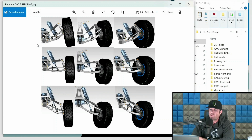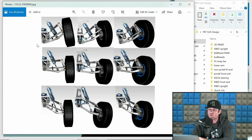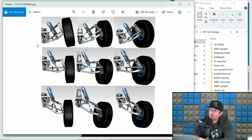So when you talk about bump travel or bump zone, that's really only a few inches of the top side area of compression travel. When you're talking about from ride height to fully compressed, that's compression travel. The section of movement that comes into compression travel and then gets towards full compression, it's going to hit your bump zone and then finalize out. And that's going to be bump travel. Now,